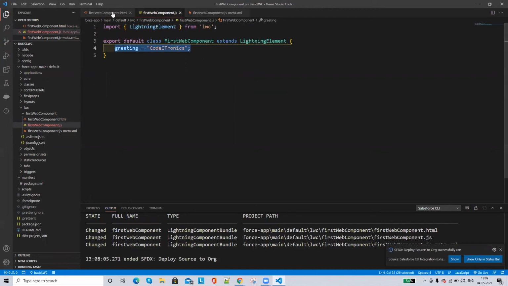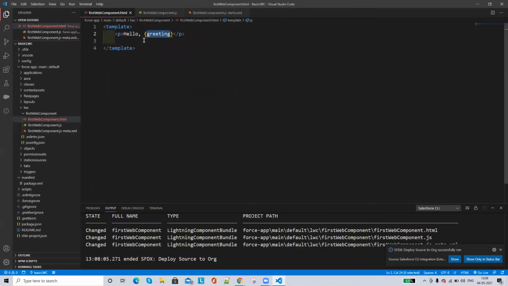So let's change something, and we just want a dynamic one. So I just go there and pass one lightning input for that.